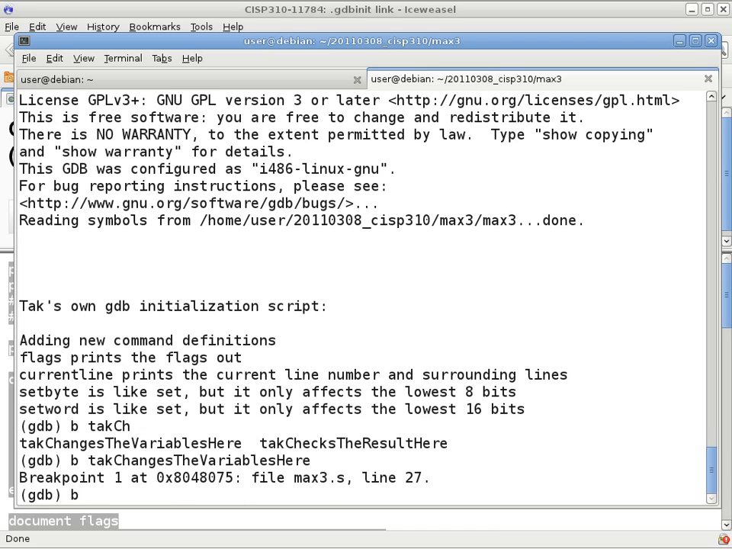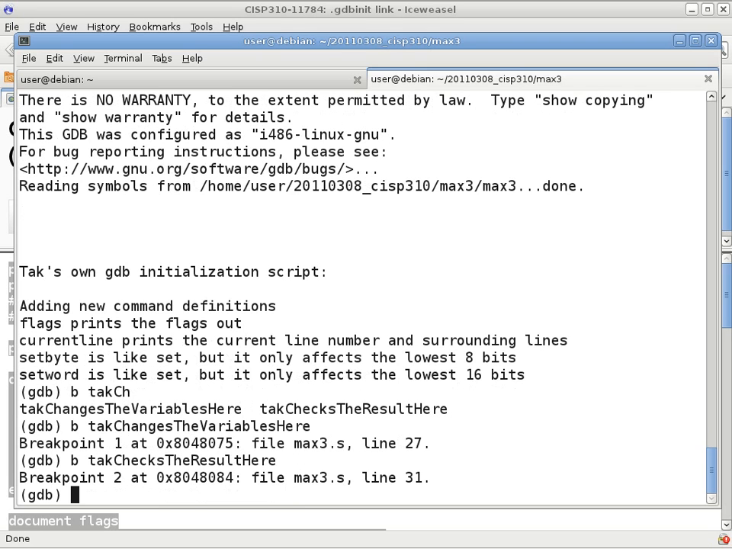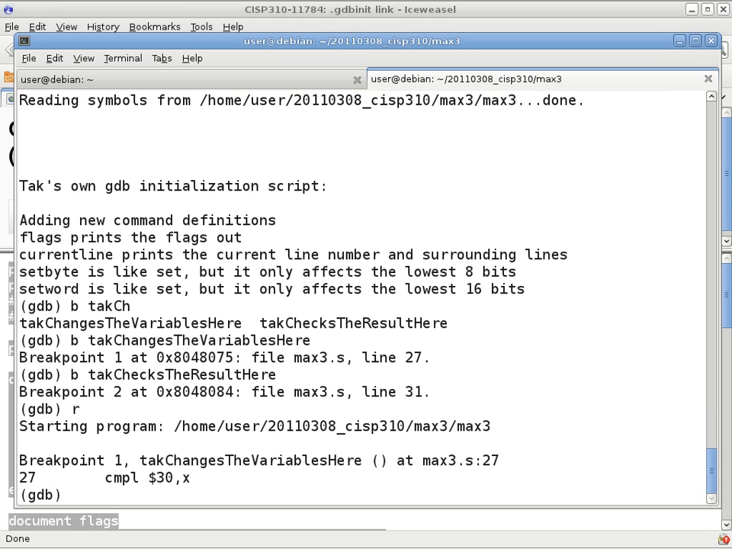And then we put another breakpoint at tag checks the results here. Okay. Well, see, long label names are not a problem. It's just autocompletion works. Okay, so I run the program without even doing anything, but I can make changes to x right here at